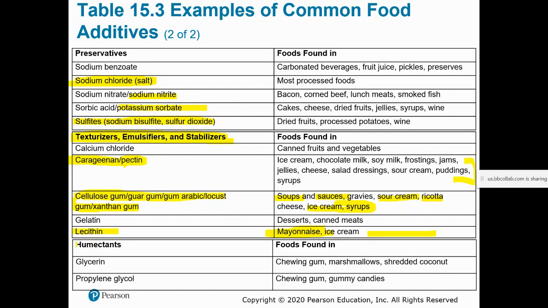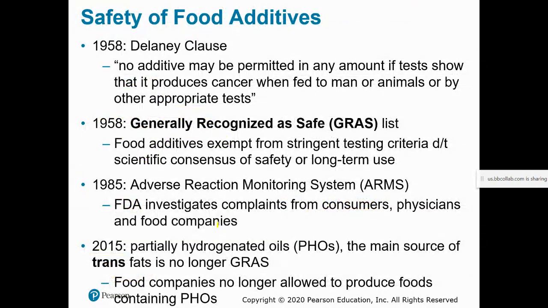And then humectants. I don't think we get an example of a desiccant, but humectants, again, trying to keep the food moist. So chewing gum, actually. And you might see glycerin, and then propylene glycol is another one. So again, some of these are relatively benign, some of them are not. And that's why I really like the Center for Science in the Public Interest, their chemical cuisine website, because you can go read some of the latest science about these and you can make the choice yourself.